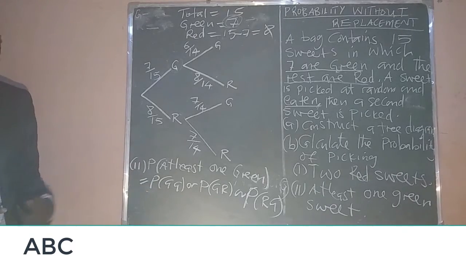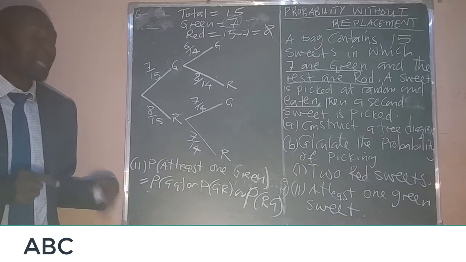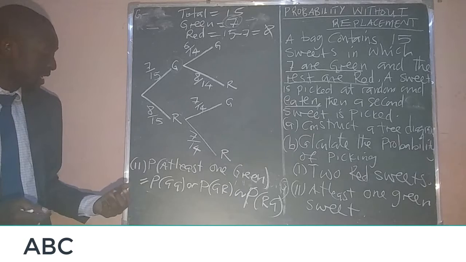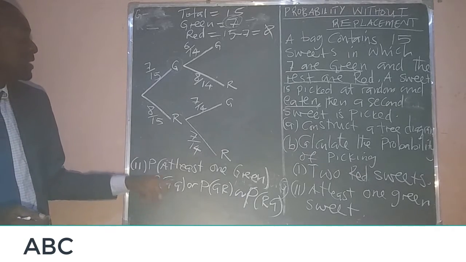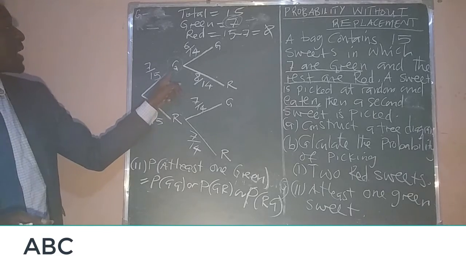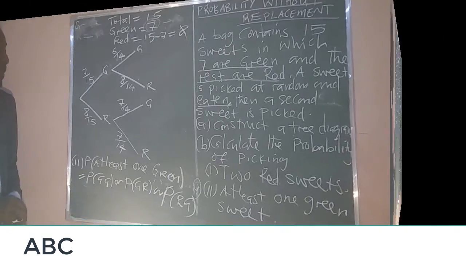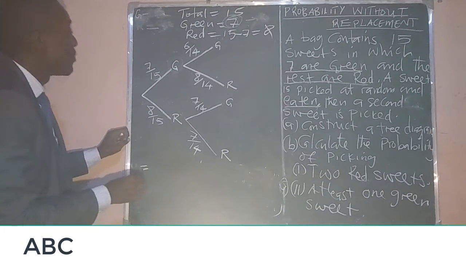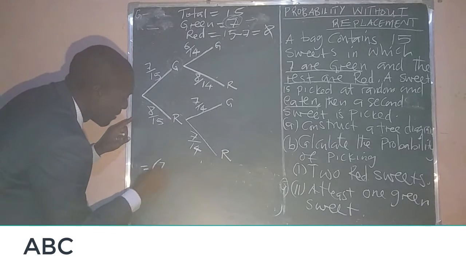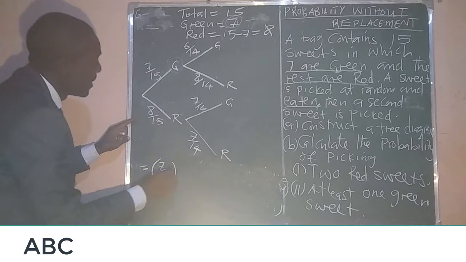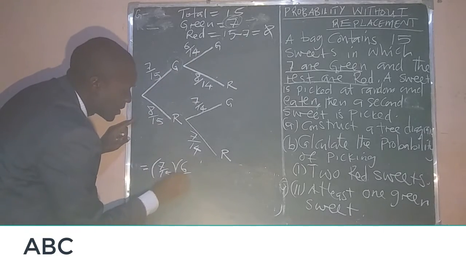And so now we are going to substitute the probabilities. Remember that the word or means addition. And here you have 2 greens, for example. It means you're going to pick 1 green from here and another green from there, and then you can multiply and add the probability. It will be equal to the first probability for green, which is 7 over 15, times the other green, which is 6 over 14.